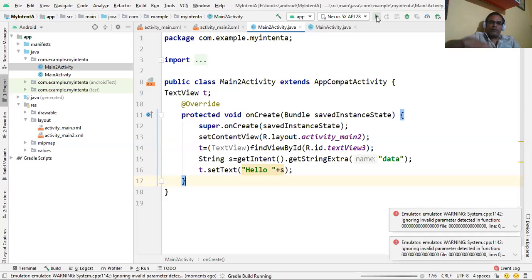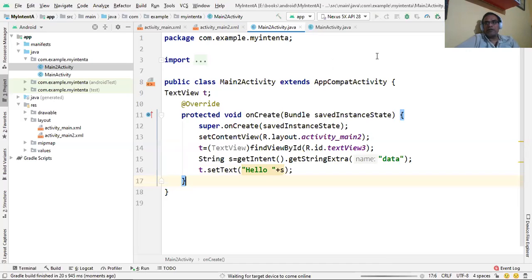So this is a very simple application, and that's explicit intent. So I hope you understand what we mean by intent. Intent is basically an object. It is basically used to pass data from one activity into another activity. It also communicates between the activity, content provider, or services, and obviously it is used in explicit intents.